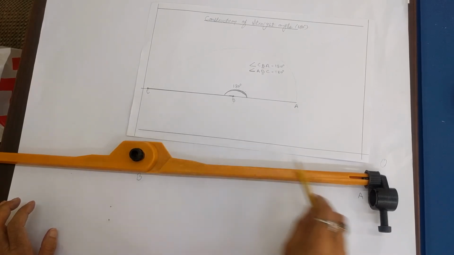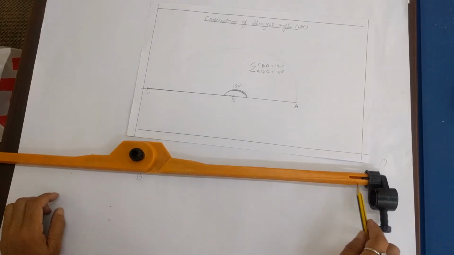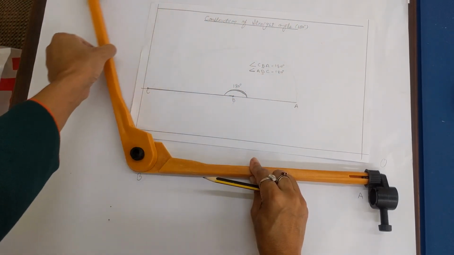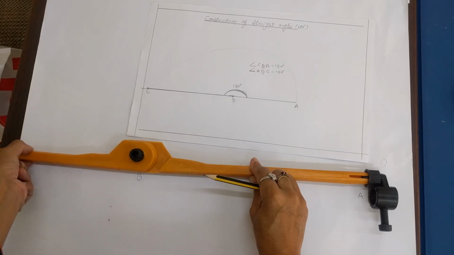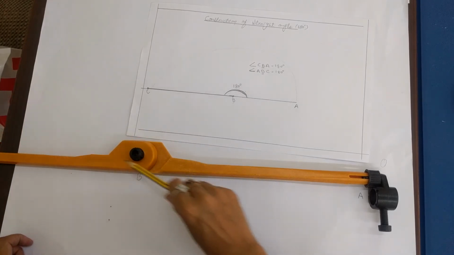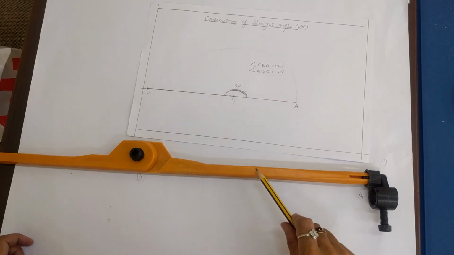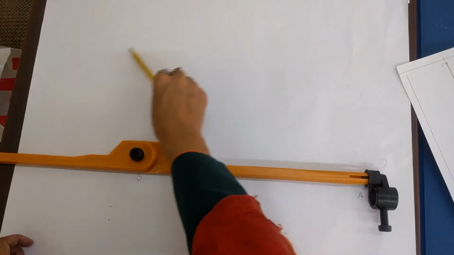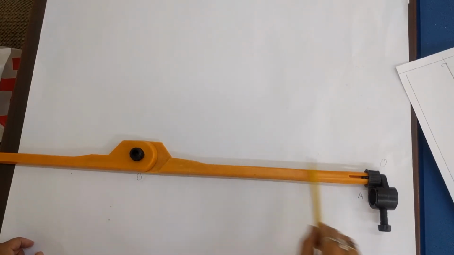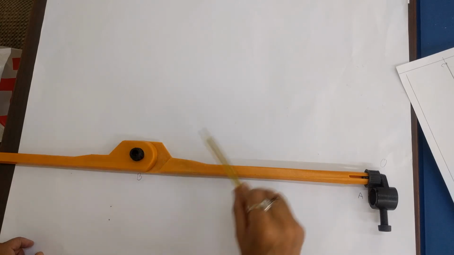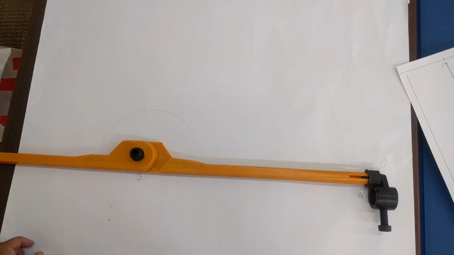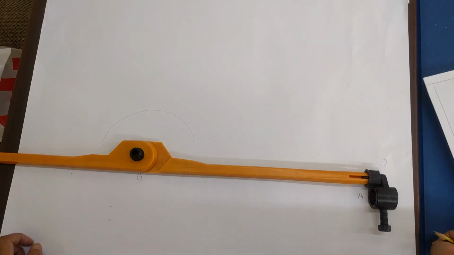This one is the vertex B. This one is the first arm BA, and this moving arm is the second arm of the angle, and this movement till 180 gets a straight line. This straight line represents the 180 degree. So this whole space between arm BA and arm BC is the angle of 180 degree. Hopefully the concept of the straight angle is now clear to you.